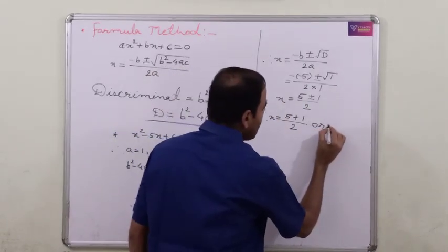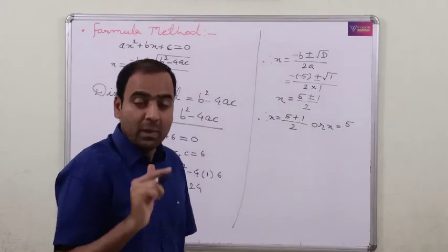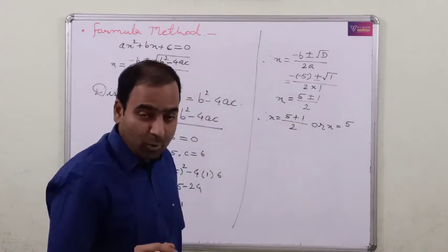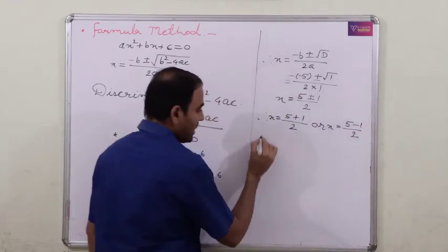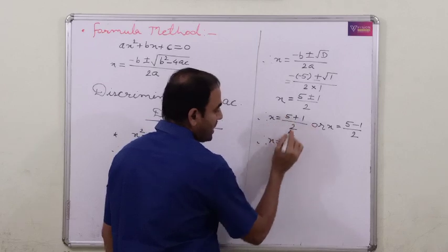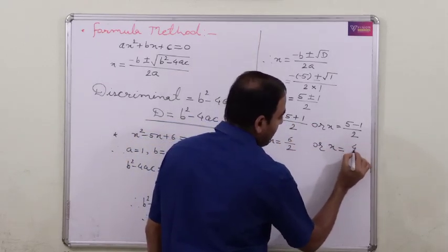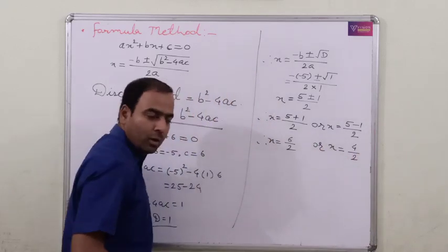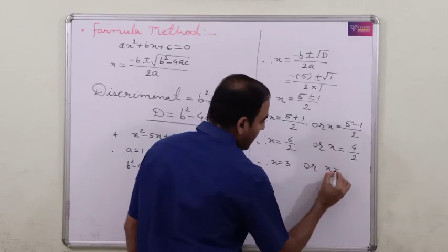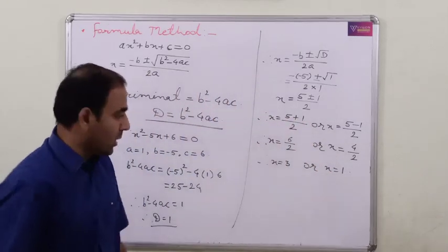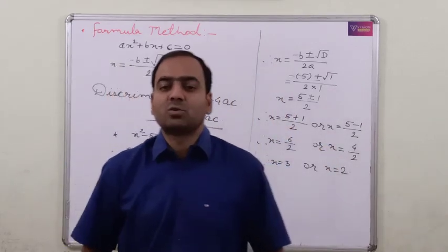or x is equal to 5, it is plus or minus 1. हमने क्या लिया, प्लस. अब बचा कौन है, माइनस. Minus 1 upon 2. So you get that x is equal to 5 plus 1, 6 upon 2, or x is equal to 5 minus 1, 4 upon 2. So x का वैल्यू है 3 और x का वैल्यू है 1. It is 4 by 2, it is 2. This is the solution of the